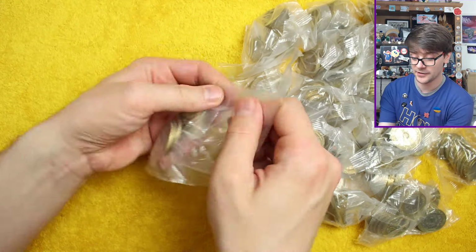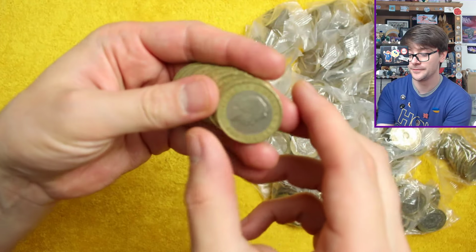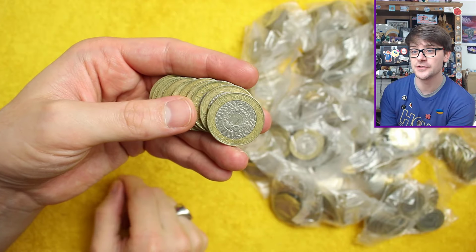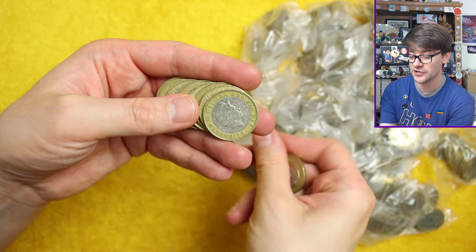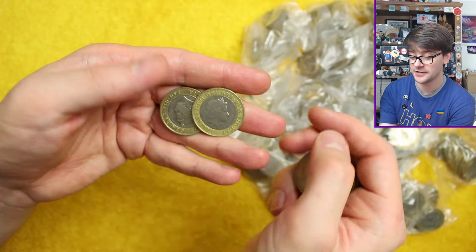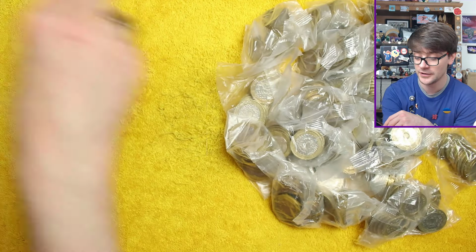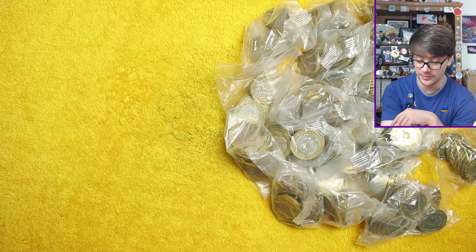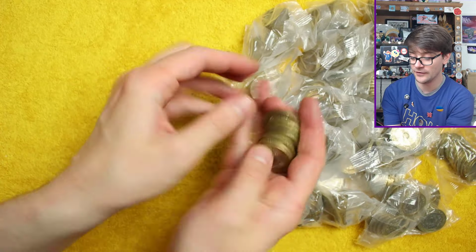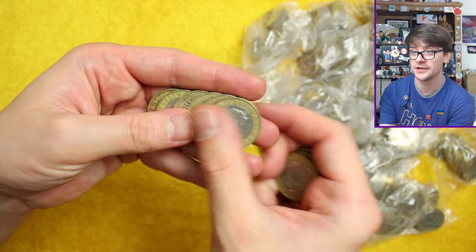Right then, bag number 1. I'll show you what we're looking for. That is Technologies, the definitive, the standard non-commemorative design on £2 coins. Some years are lower minted than others. It was minted from 1997, the first year of the bimetallic £2 coin, all the way up to 2015 when it was replaced by Britannia. As I said, some of the years have less minted than others, but they're all very high figures by comparison